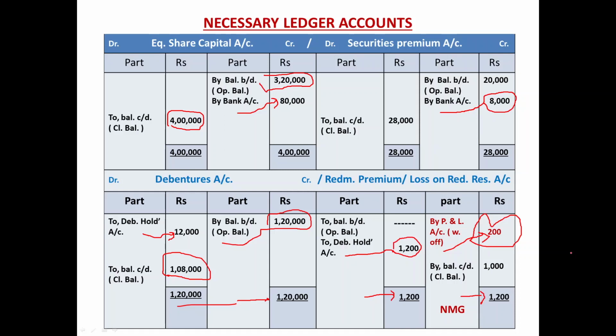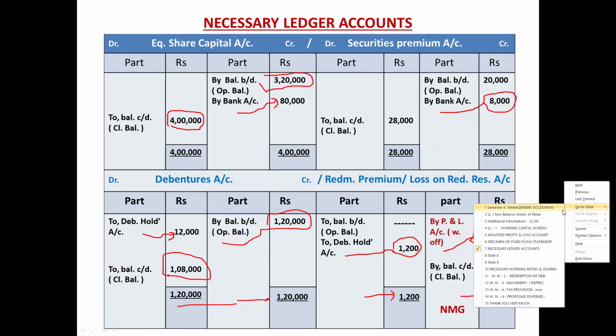So if a transaction by nature is non-cash or non-operating, then you have to adjust it in the current year's profit once again by giving the reverse impact. Why? Because we need only cash profit generated from business operating transactions. While this one is a non-cash transaction, this one is a non-operating transaction also. And that is why it should be adjusted by giving the reverse impact in the current year's profit.